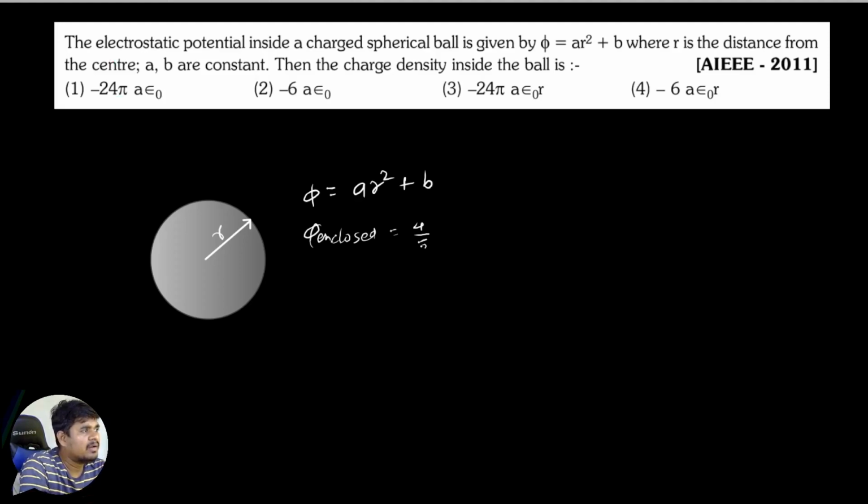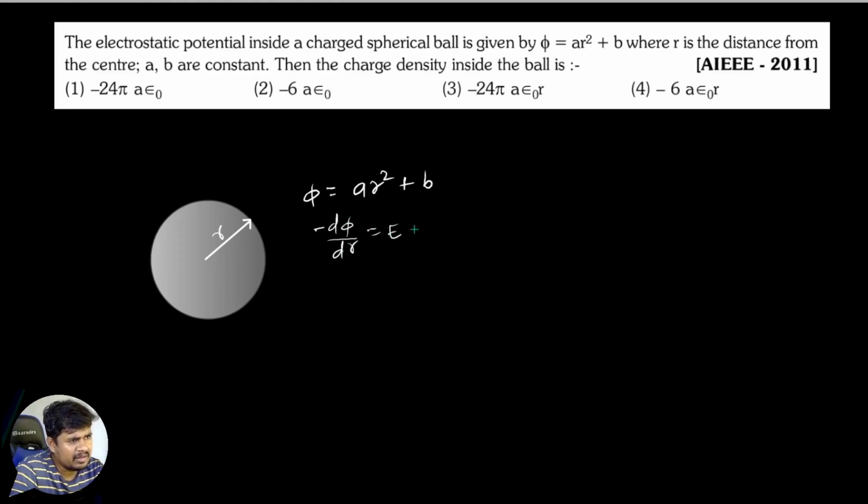Here we have to understand another important point, that first of all we need to know whether the density is uniform or non-uniform. We don't know about it. So what I will do, I will differentiate this function because potential is given. So if I write minus of d phi by dr, if I differentiate this function, I will get electric field,